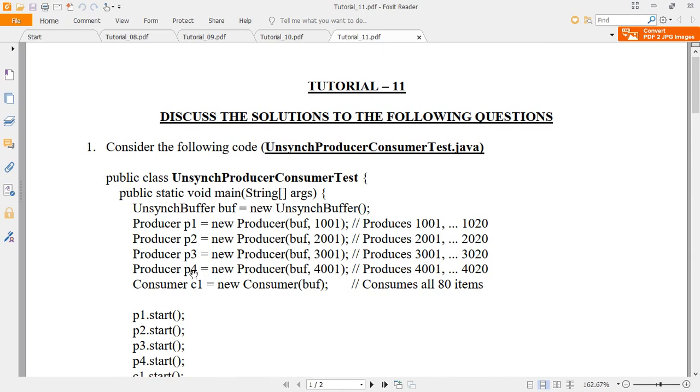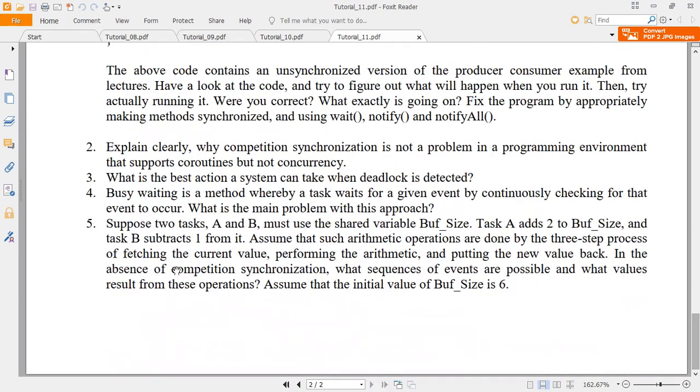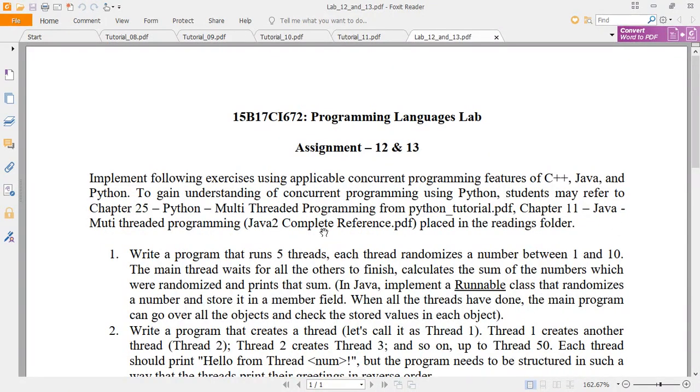Next, you observe lab assignments 12 and 13. Here, implement the following exercises using applicable concurrent programming features of C++, Java and Python. So you may ignore C++ here. You may take Java or Python programming to implement the following questions.